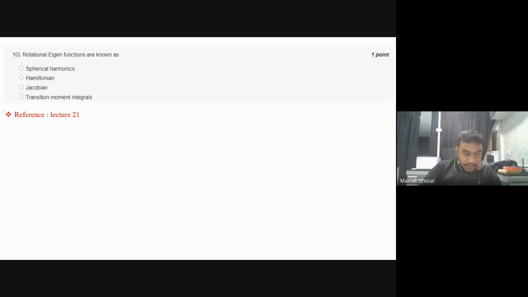Can you remember what was the Schrodinger equation for this rotational transition? No. Okay, I'm writing it. Schrodinger equation. The very fundamental equation in quantum mechanics. If you learn a lot about quantum mechanics, then you will understand why it is important so much. So this Schrodinger equation says that,